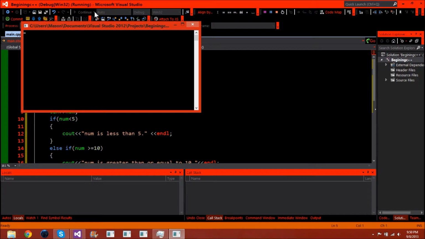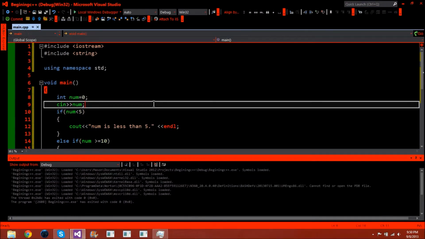And I made the same mistake I did last time. I forgot to tell myself to input a value. So let's see, first one is less than 5, so let's go with 2, enter, number is less than 5. Hit enter again. Okay,